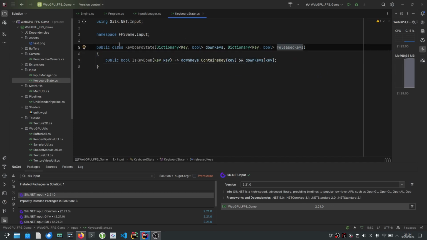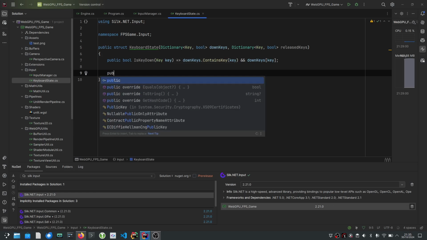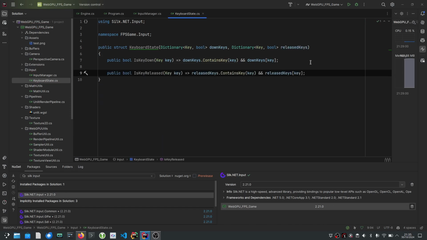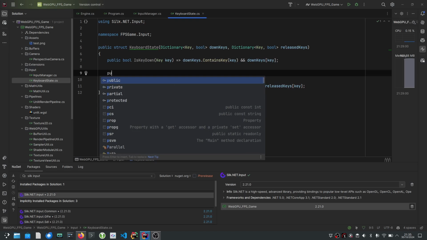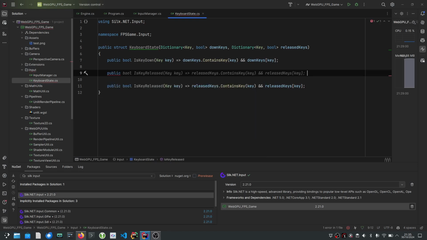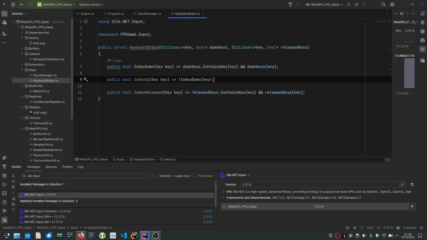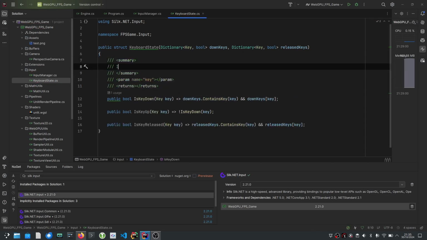And actually we don't want to make a class, we don't need to keep all of it in this. We can just make a struct. It's going to be way cheaper. And then is key released. It's similar, but yeah, that's fine. That's for key released. And then we just need another one, bool, and here the suggestion is wrong. I want is key up, and that can be just the negation of is key down. Right? Is key down in current frame,